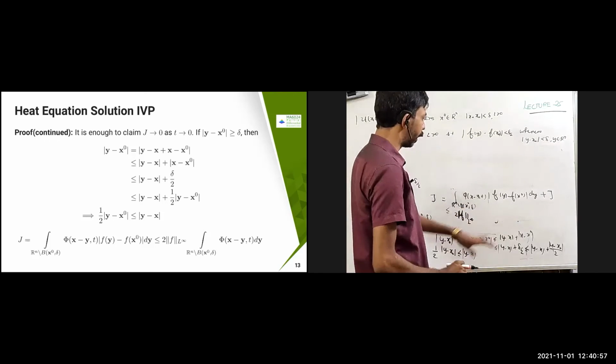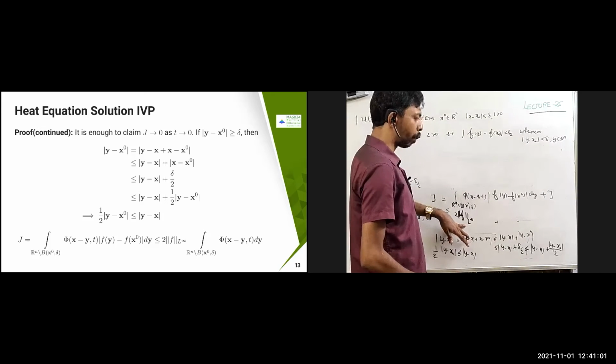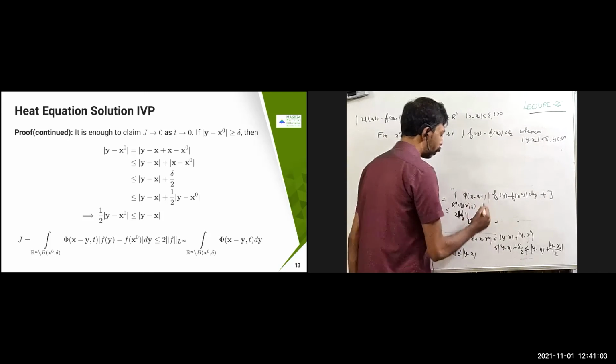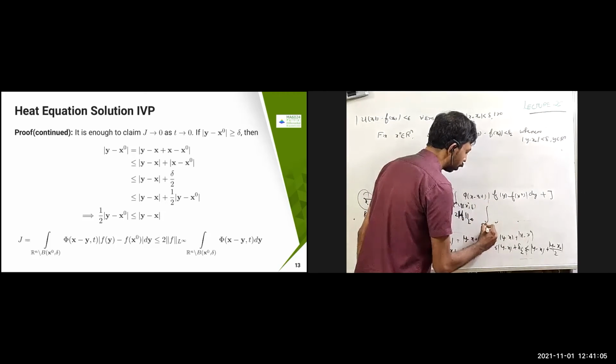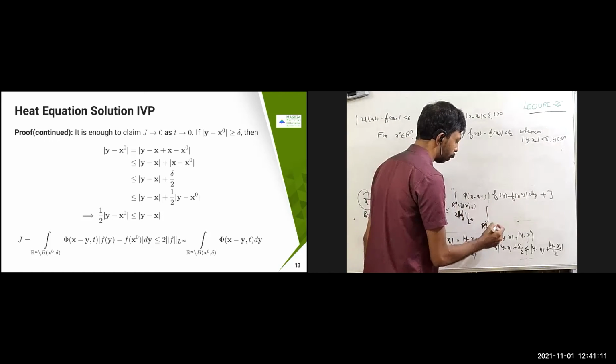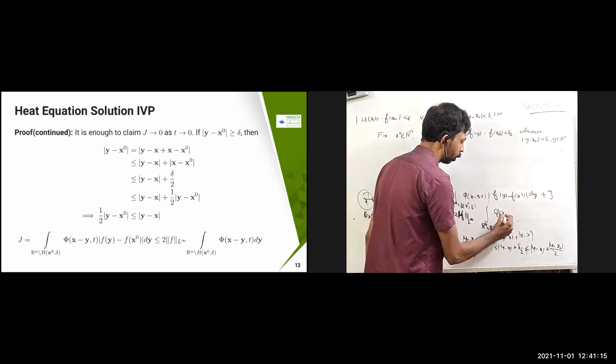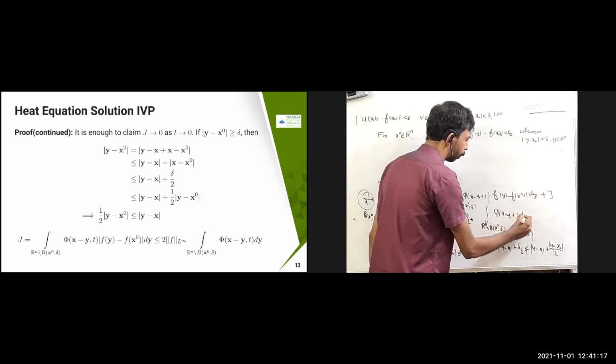Okay, so the integral, I'm just going to take out the supremum part. That is going to become the norm of f in L infinity. Then the remaining things as they are: the integral over R^n minus B(x0, delta) of phi(x minus y, t) dy. So there are two integrals here, one with respect to f(y), another with respect to f(x0).